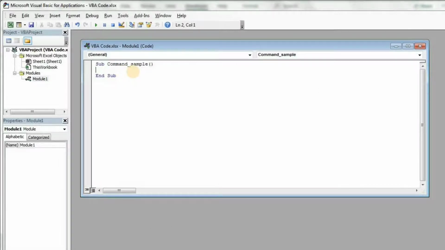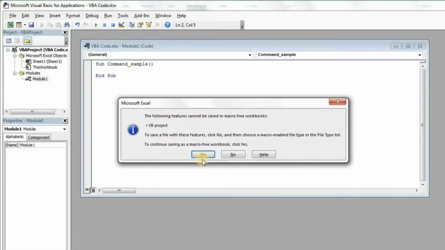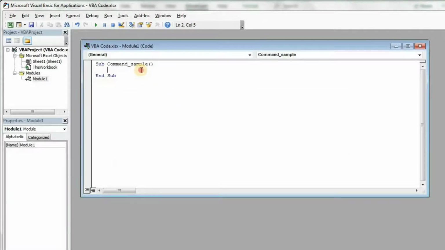The first thing, I am saving it, and now I am writing the code that I previously mentioned. First, I would like to write a comment, starting with an apostrophe. I am writing the word "illustrate comments."